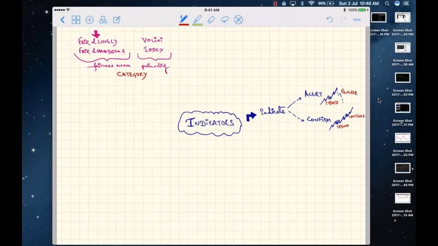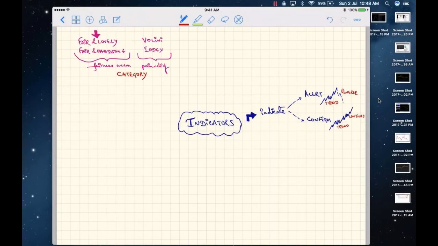The same concept we are going to apply to technical indicators. If we go about understanding each and every indicator, I will have to live 300 years with you, and together we will be able to complete the list. And after completing the list, which is ever growing because newer people are coming out with newer indicators, which they claim to be better and more efficient, the list is ever growing.